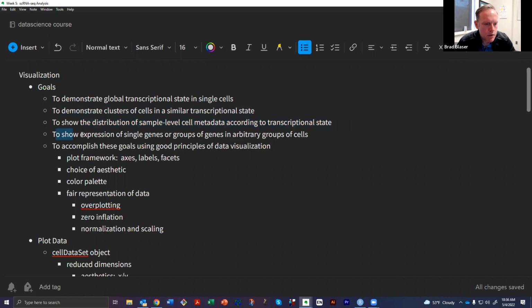You may want to show expression of single genes or groups of genes in arbitrary groups of cells. So, going in, you may not have realized that there were one or more unanticipated transcriptional states for your cancer cells, for example. And you may want to show how specific genes are expressed in the context of those transcriptional states. So showing gene expression either as a UMAP or in other ways that I'm going to get to,